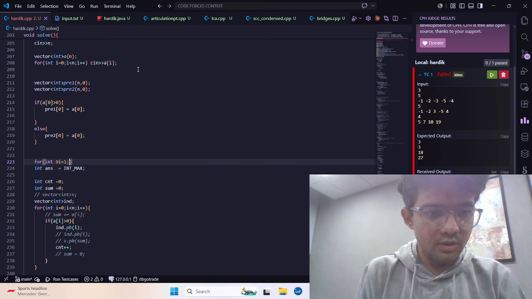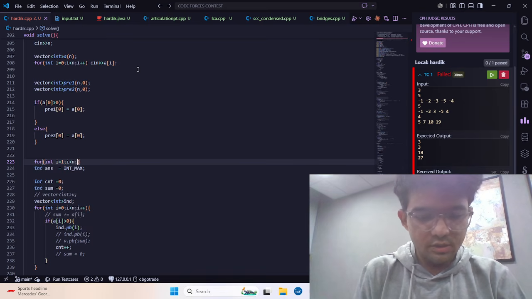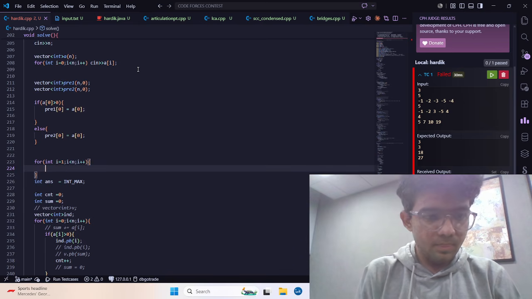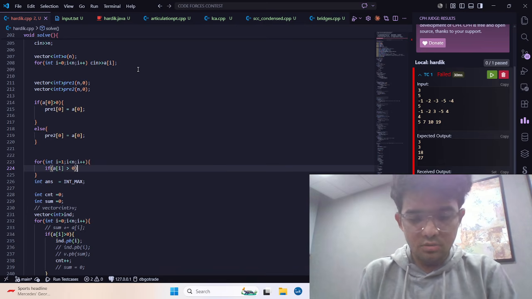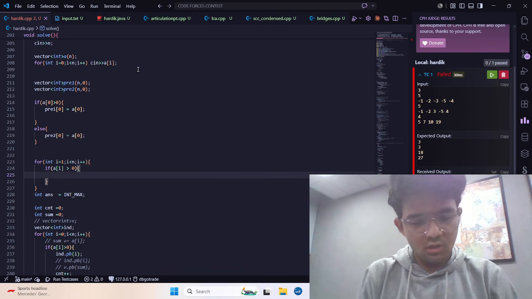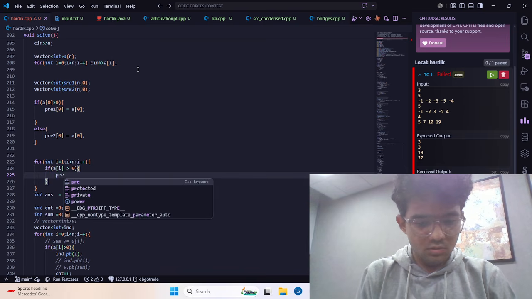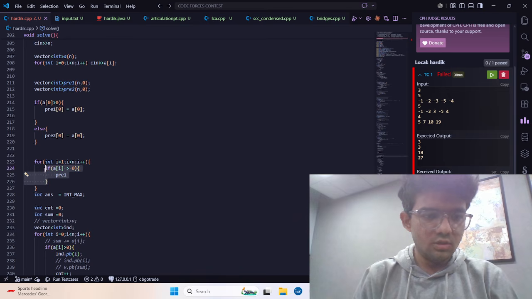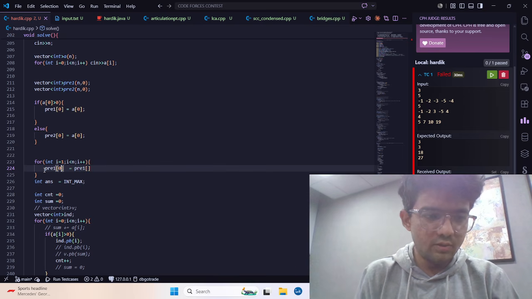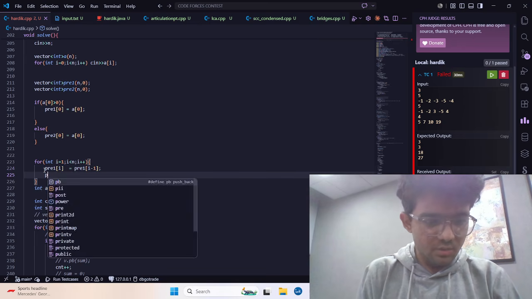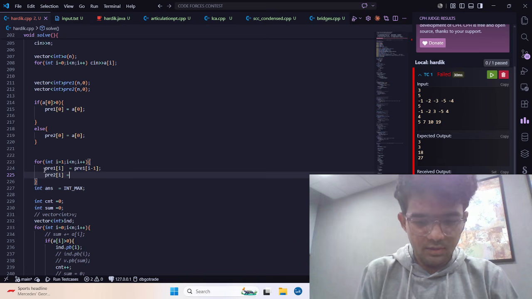For int i equal to 1, i less than n, i plus plus, if a of i greater than 0, then pre1 of 0 is equal to pre1 of pre1 of i, what I'm doing is pre1 of i minus 1, pre2 of i is equal to pre2 of i minus 1,